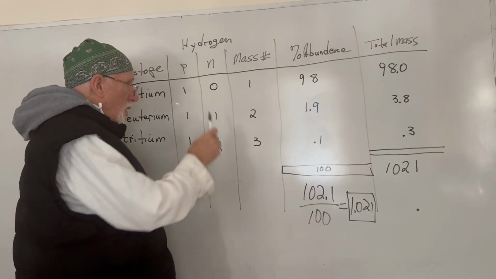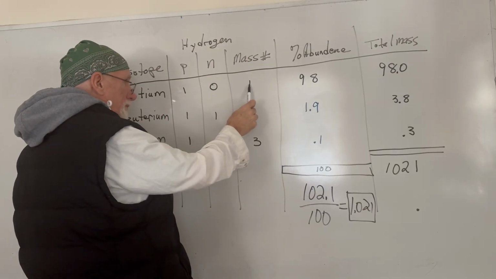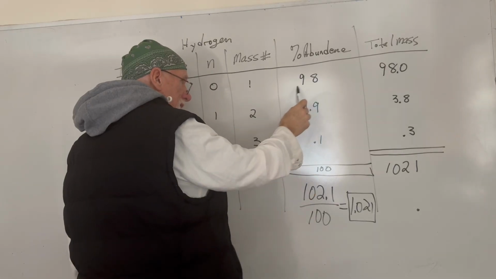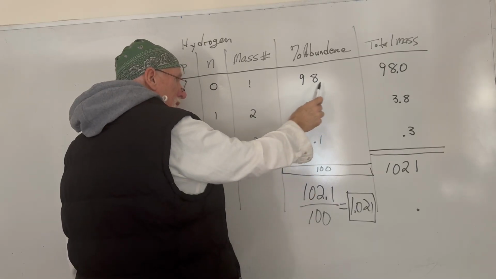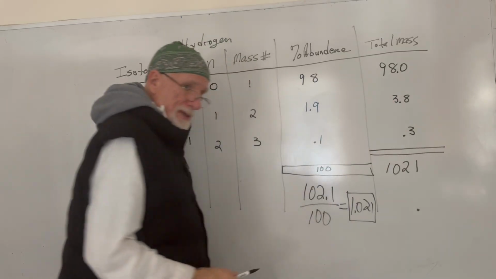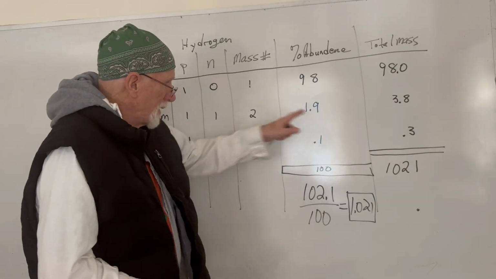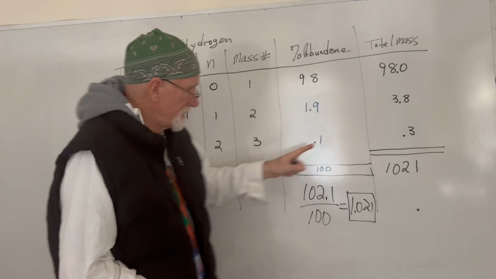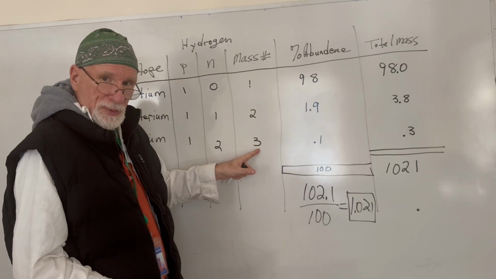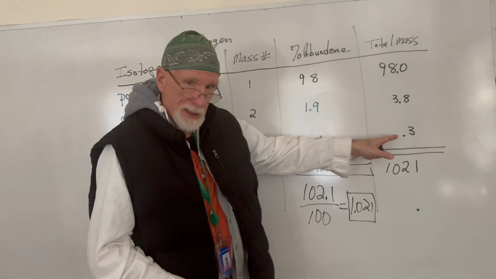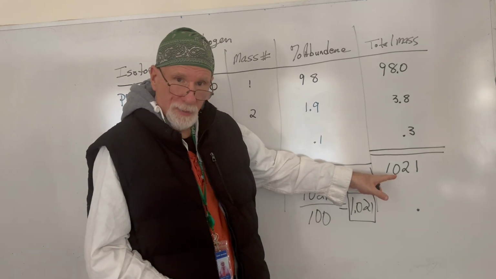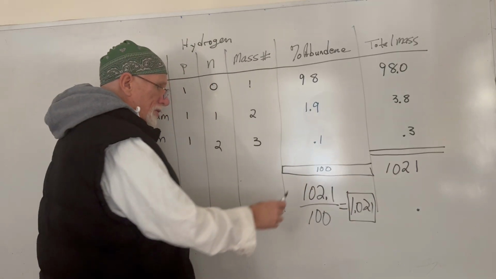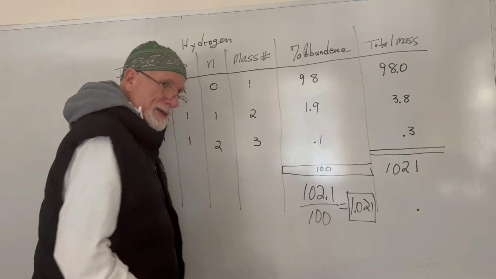Clear? So the total mass of protium, the mass number is 1, 98 atoms are protium, that's 98. 98 times 1 is 98. 1.9 times 2, that's the mass number of deuterium, is 3.8. Tritium, the mass number of 3 times 0.1 is 0.3. The total mass is 102.1, and 102.1 divided by 100 is